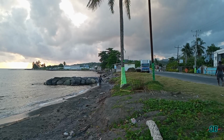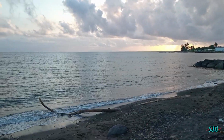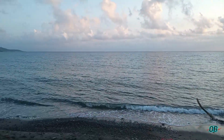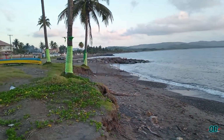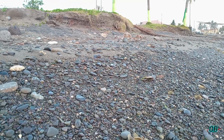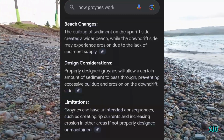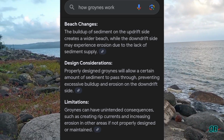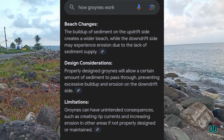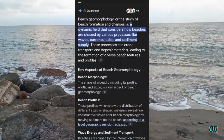Now, this project is significant for Annotto Bay because, in addition to Annotto Bay serving as that key link between other St. Mary towns and Portland, Annotto Bay has a history of disastrous impact caused by geo-based hazards. Now, as per the ODPEM Multi-Hazard Assessment Report 2013, the main geohazards that impact Annotto Bay are riverine flooding, earthquakes,